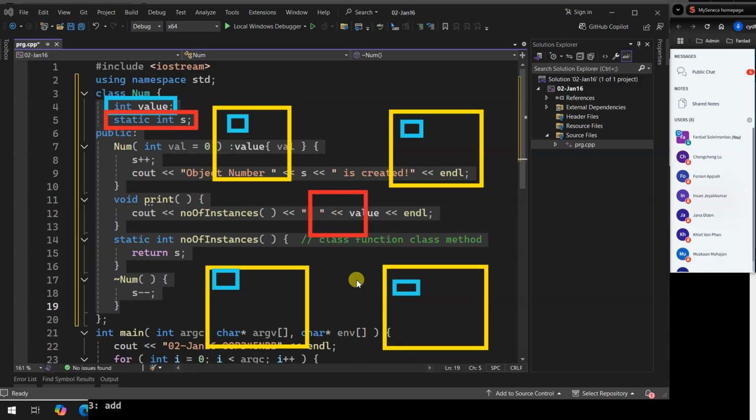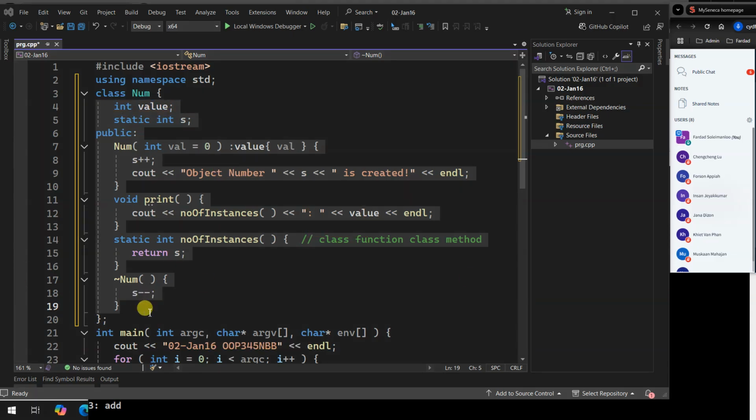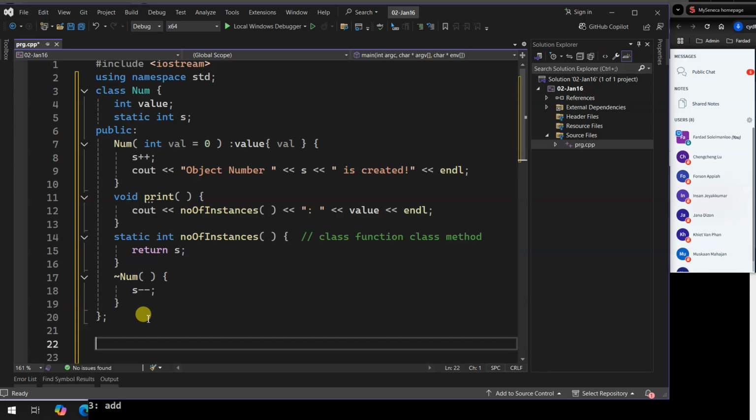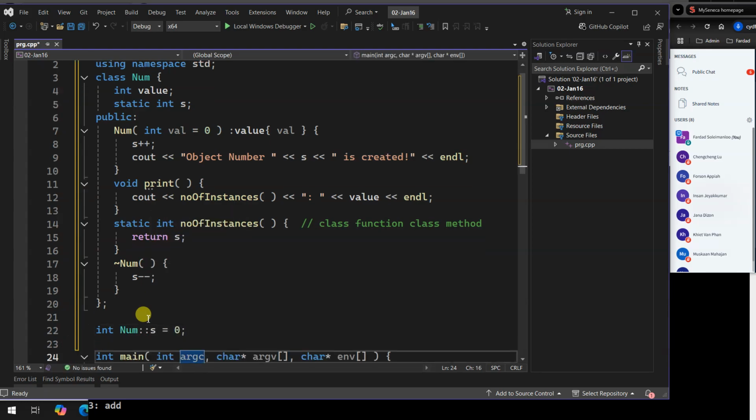You actually have to manually do it yourself outside of the class because it belongs to no one, which means down here you have to say integer value num s, and you say equal to 0. So you create the static variable out there, and you set it to whatever value you want. You initialize it, and you make it available to all the classes.